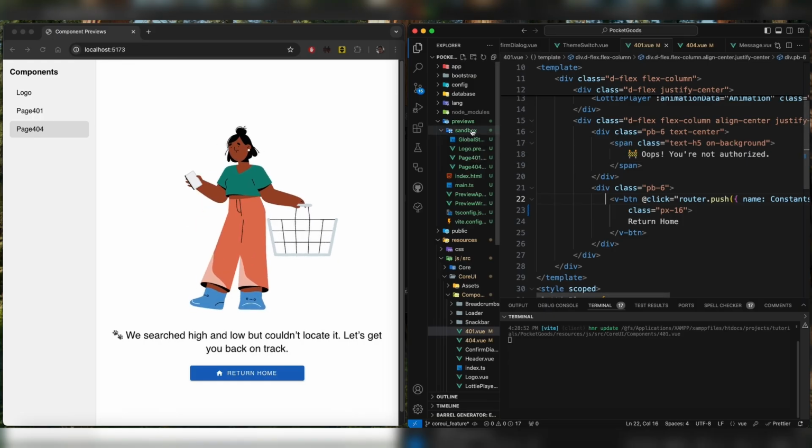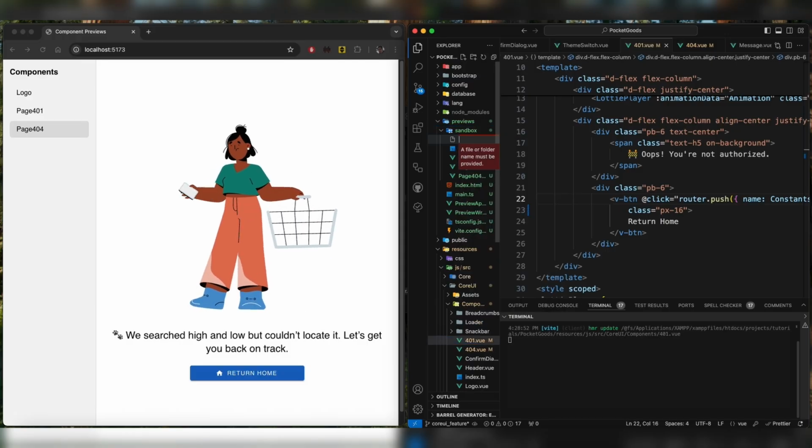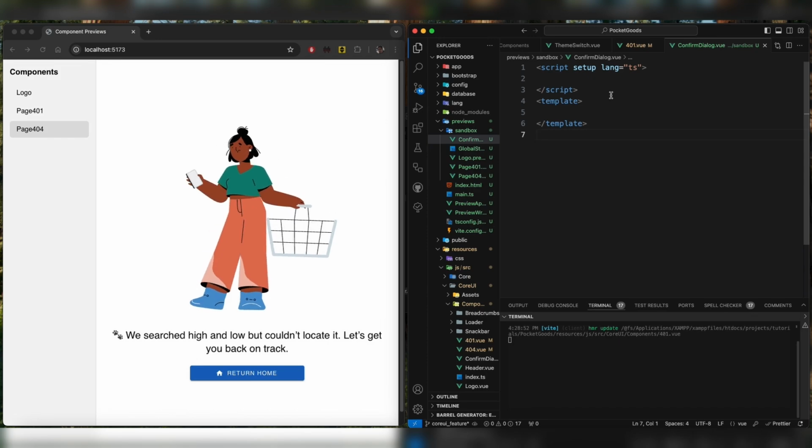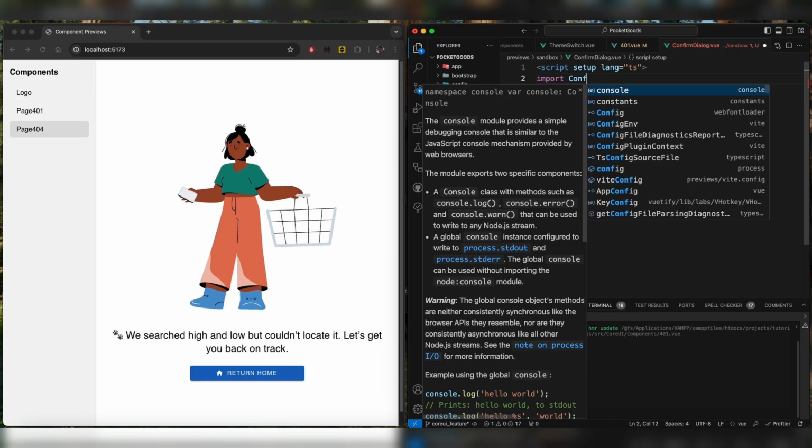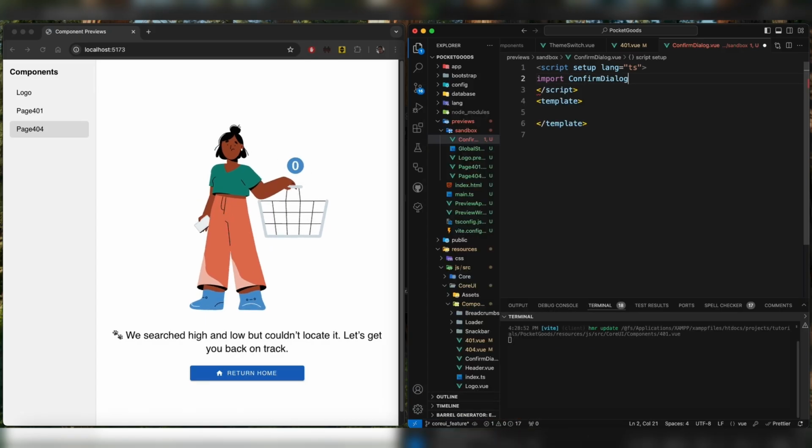Let's do the dialog, or the confirm dialog. Inside the sandbox, it's called confirm dialog. More importantly, that you have to save. So I'm going to import, I think it's called confirm dialog. Am I doing something wrong because it doesn't